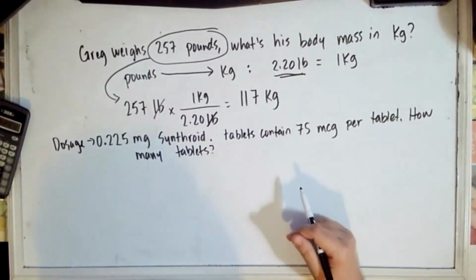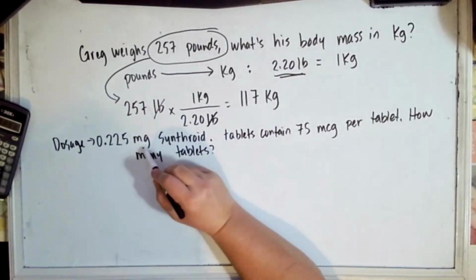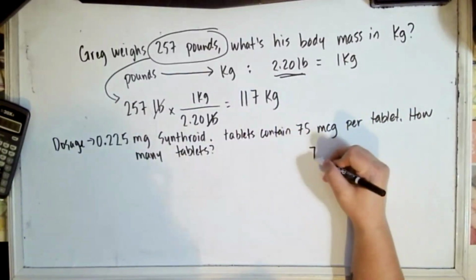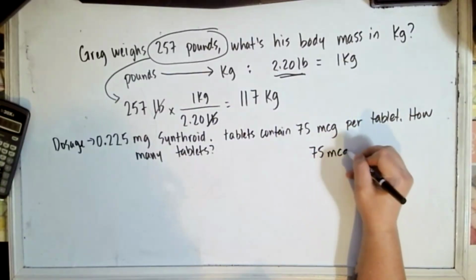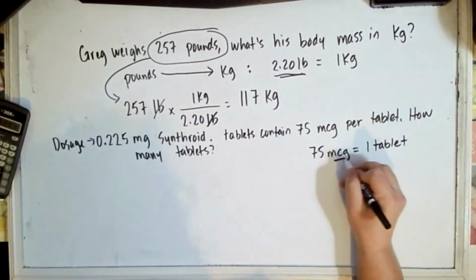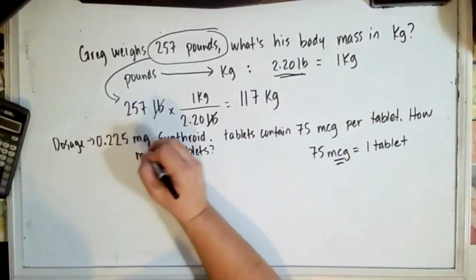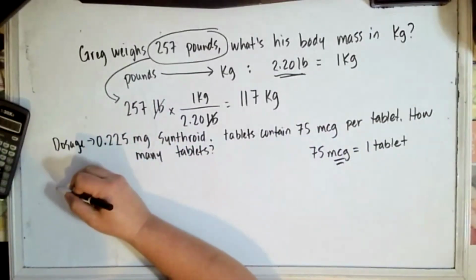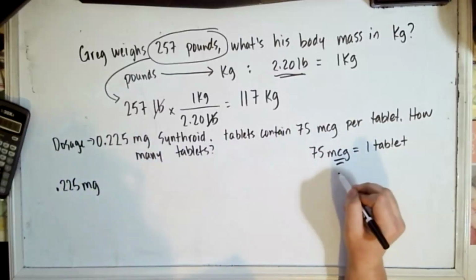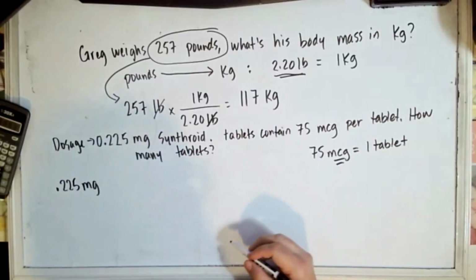Okay, so we talked through some of this before. We're starting out with a value that's in milligrams. And in our conversion factor, which is going to be 75 micrograms for every 1 tablet, our conversion factor has a mass that's in micrograms and not milligrams. So our first step is going to be to take our 0.225 milligrams and turn it into micrograms, right? The conversion factors that we'll need for that,